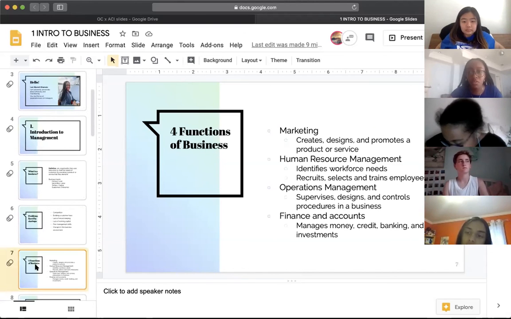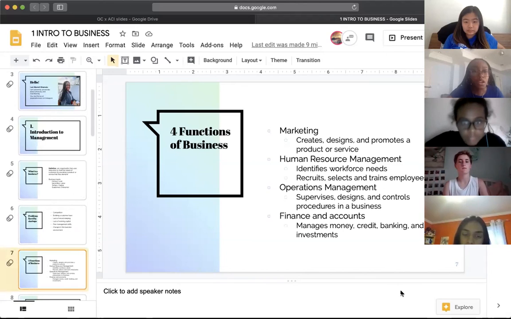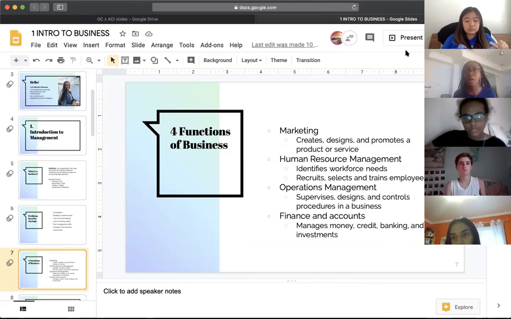Okay, so I'm assuming you mean operations management. Controlling the business procedures basically means that they handle all of the logistical side of the business. For example, if you have a manufacturing business, like a car manufacturer, operations management is the one that handles getting all of the equipment that they need, while HR would be hiring all the people to make that. So it's basically just the logistics. Any technology that they would need would go through operations, and the way they assemble the cars. For example, if they're doing a line system, where they literally go in a line and assemble the car that way, that would be the operations branch that would handle it. I hope that makes sense.